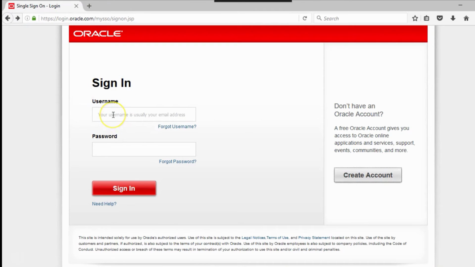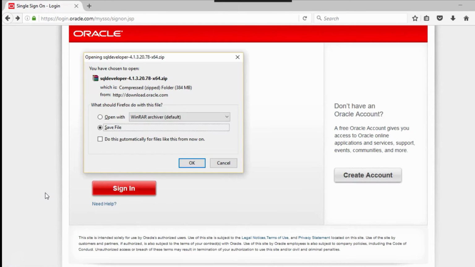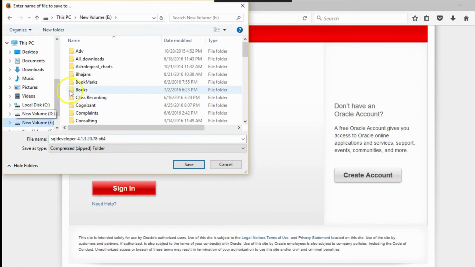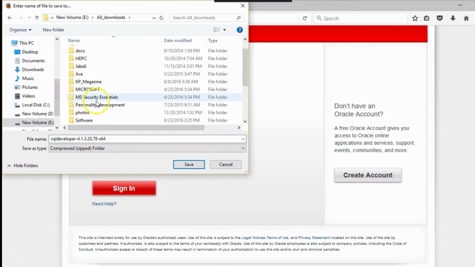Once I give my credentials, username and password, this window appears asking where to save the file. Click OK and you will be prompted to select a directory. I am selecting the all downloads directory, then the software directory, and here I have an Oracle directory.